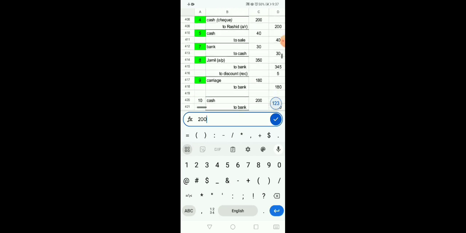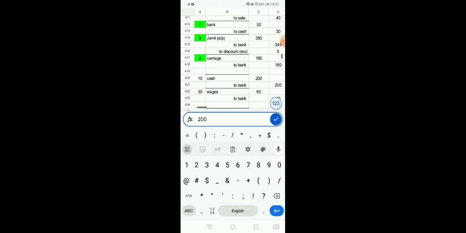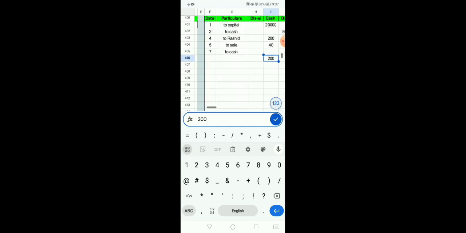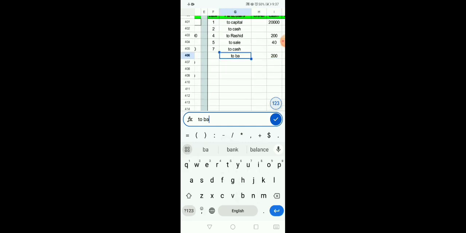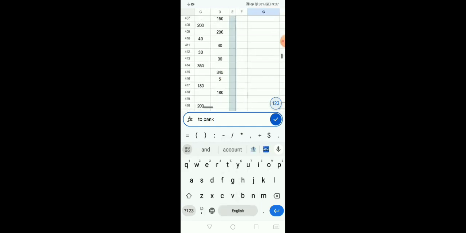See its reference: what is written on the opposite side of cash? That is bank. So you will be writing bank over here. See its date, which is 10. Put 10 in the date column. In the 10th entry, though